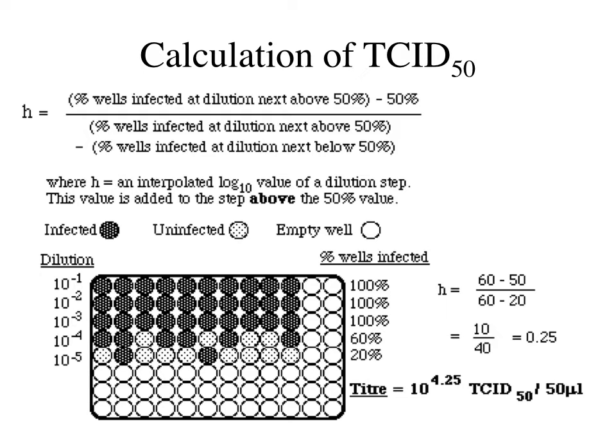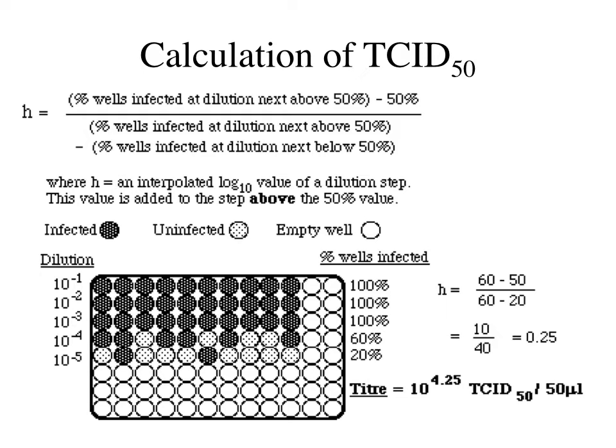Okay, so we still have the formula at the top. This is the same plate, but you can see if you go across at 10 to the minus 1, 100% of the wells were blown out. 10 to the minus 2, 100%. 10 to the minus 3, 100%. 10 to the minus 4, we're at a lower dilution of virus. Now only 60% of the wells were blown out. At 10 to the minus 5, only 20%. So this particular spread of dilutions worked for us because remember I said you have to bracket the endpoint that you're looking for. So in order to be able to do this calculation, we would have to bracket 50,